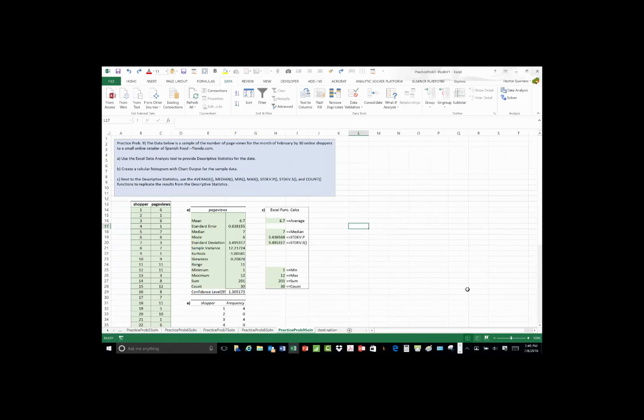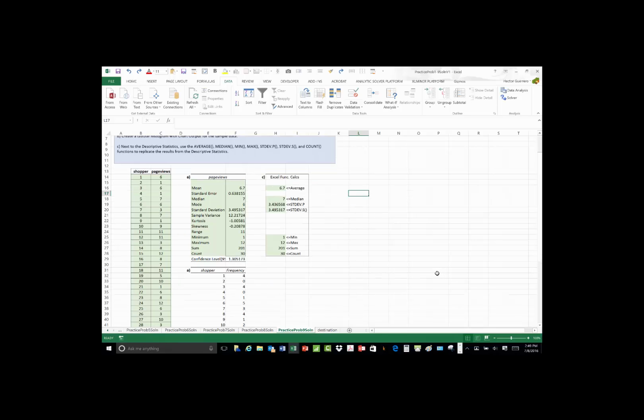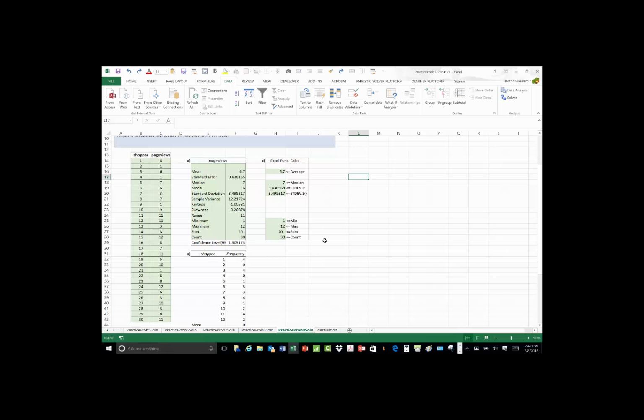Now, finally, the thing we're going to do now is take a look at some data. We have some data here. We have 30 shoppers, and we're looking at the page views that they have. And we're going to use the data analysis capabilities of Excel to do that. Here's our data analysis tool. Should have turned this on from before. Here is the